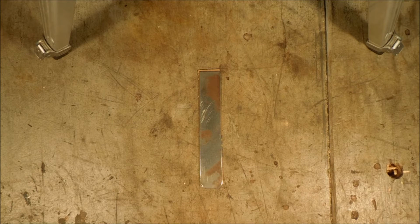Every once in a while you need a tool and you just don't have it. In my case, I needed a little file. I needed a thin, flat file so that I could go in and clean up the mouth on a plane. You remember the little no-name plane that didn't work? Well, I had to go in and clean up the mouth on it because the mouth wasn't flat and it